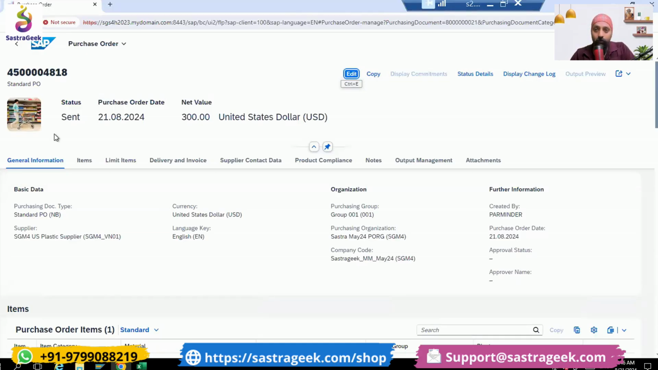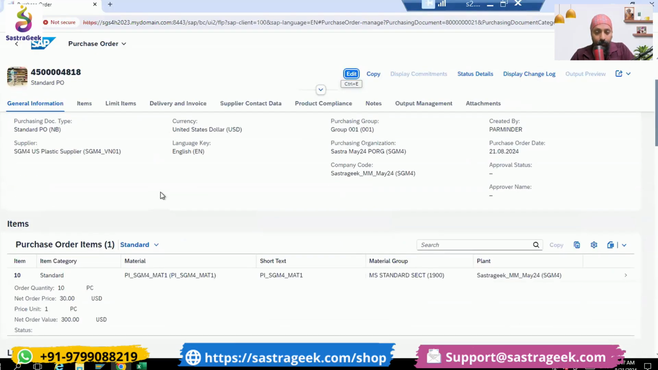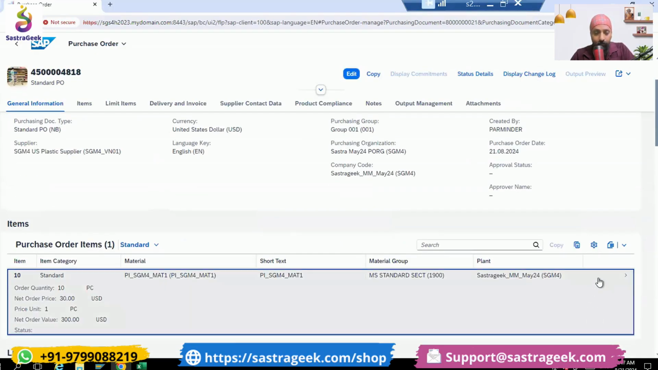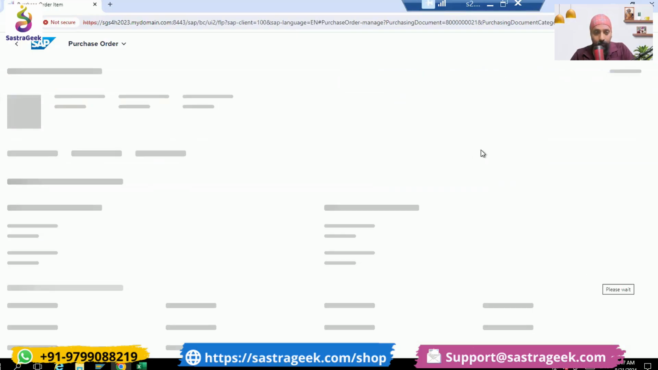Okay. So we started with purchase requisition. We submitted an RFQ, then the quotations, then the comparison, then the award, and then we came to the PO level. So that much we have done. So if you go into the line item,